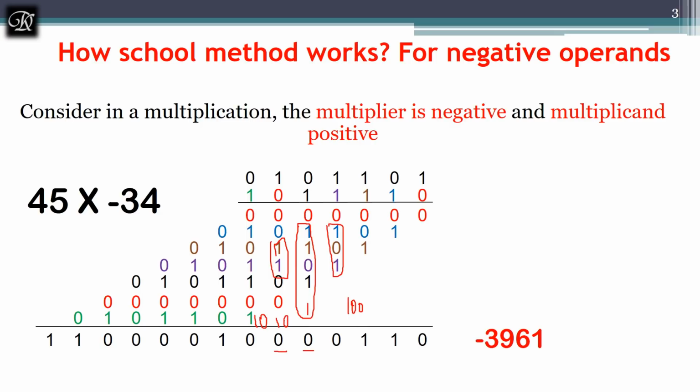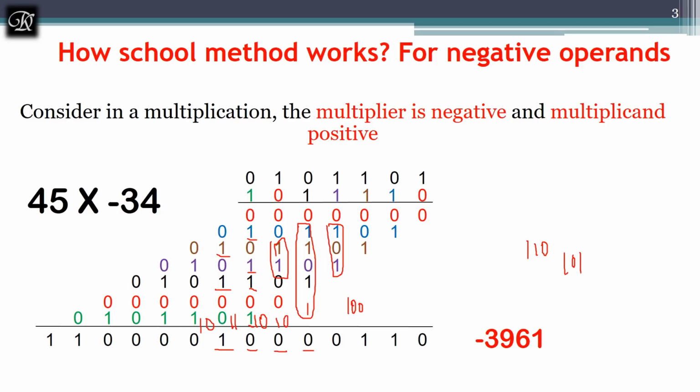Now you can check, I am having 1 plus 1 plus 1 plus 1, it is 4. 4 plus 2, it is 6. 6 in binary it is 1 1 0. So I am writing here 0 and 1 1 will be the carry to the next stage. Next again you can check, 1 plus 1 it is 2, plus 3 it is 5. 5 means in binary it is 1 0 1. So I am writing 1 here, and carry will be 1 0.